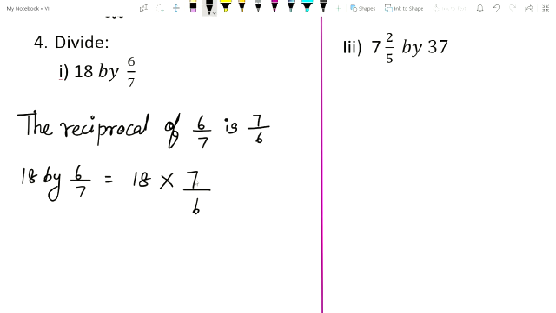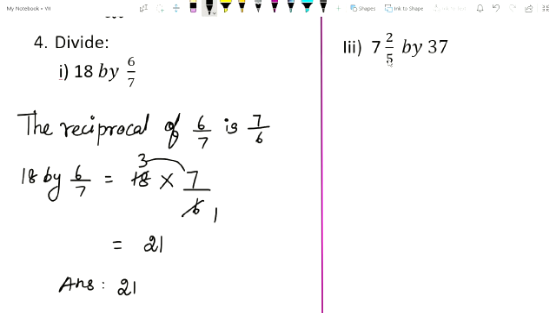Now see here 7 by 6 there is no common factor except 1. Okay. But see here 18 6 there is a common factor 6. So 6 ones are 6. 6 3s are 18. Now you multiply the numerator 3 into 7. 3 7s are 21. See the denominator 1. 21 by 1, what you will get, children? 21 only. Okay. So now what is the answer? 21. Any number divided by 1, you get the same number. Okay, children. So what is the answer? 21. Okay. See the next question here.